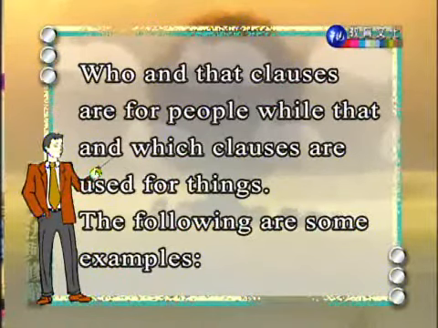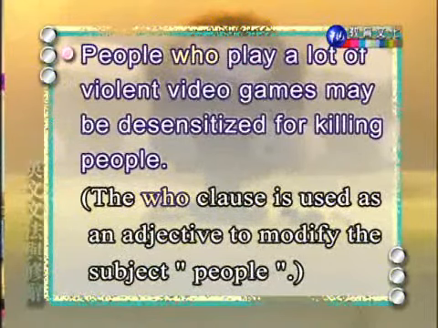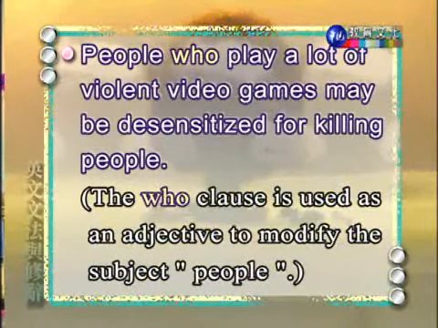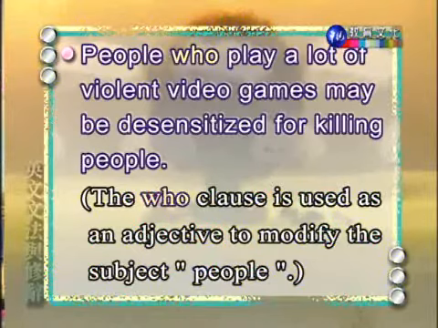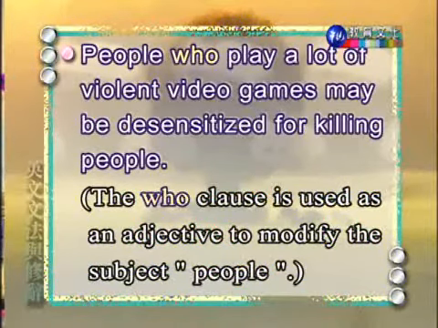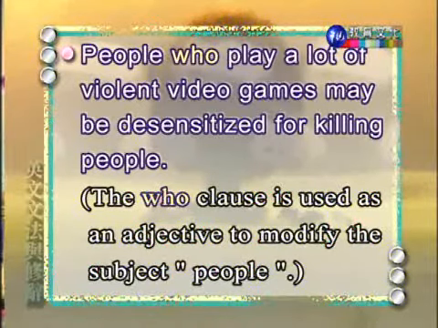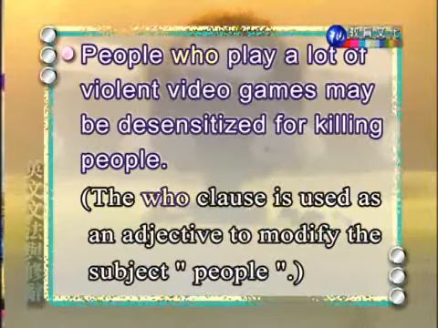for things，那这个 that 和 which 子句是用来修饰事物的。The following are some examples，下面有一些例句。第一个例句：People who play a lot of violent video games may be desensitized for killing people。The who clause is used as an adjective to modify the subject people。我们来分析这个句子。同学要理解一个句子，先把主词、动词、受词找出来就好。这句话的主词是 people，它的动词是 may be desensitized。中间这个 who 是一个形容词子句，修饰这个 people。什么样的人呢？是会玩很多 violent video games 的人，就是说这些 video game 很暴力。这些人玩多的话，他就会